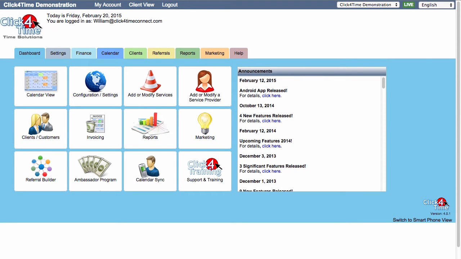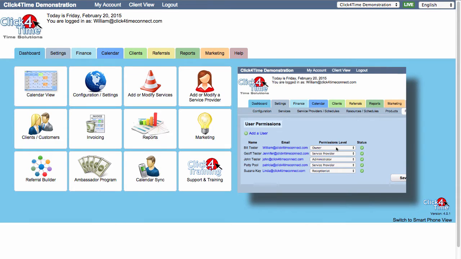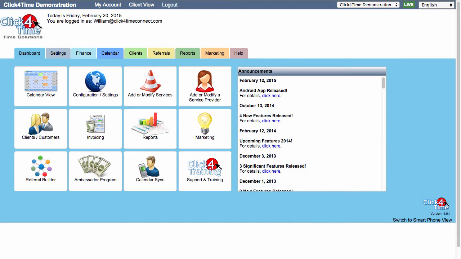Also worth noting, whereas your staff have access to manage their own profile and schedule, standalone resources can only be managed by receptionists, administrators, or owners of the system. Most businesses rely on service providers only, so you shouldn't distract yourself with thinking about standalone resources if they don't apply.